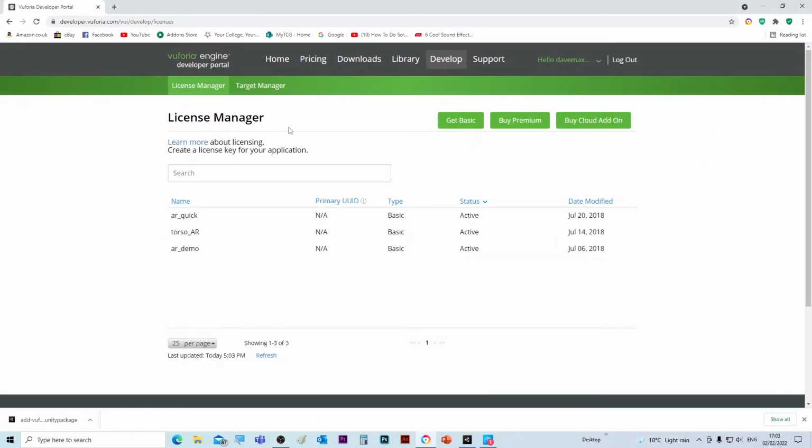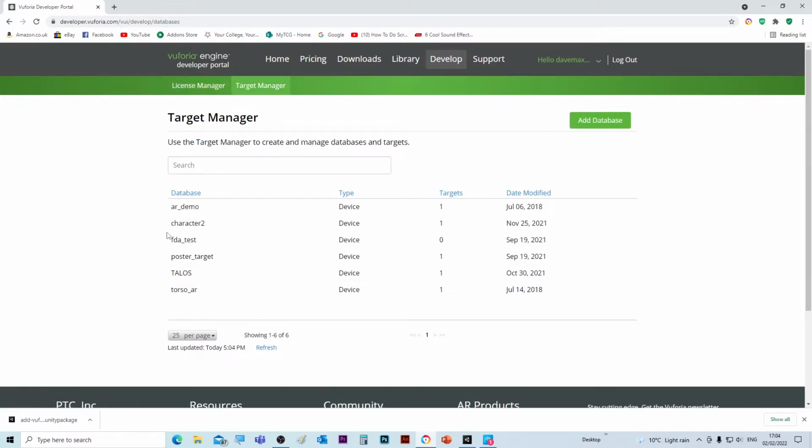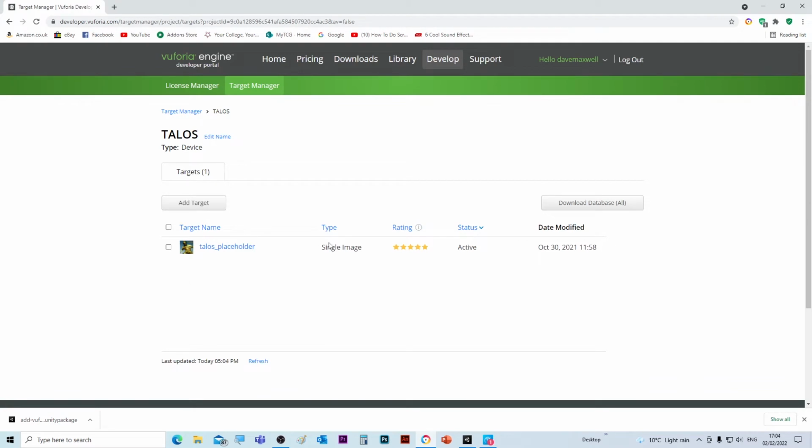Okay, so go to Develop on the menu bar, and you'll get to this area which is the license manager. Now you should have already set up a license. That's easy to do, and you do it by getting the basic license. You've also got your target managers, the actual images. So I've created one for Talos. If I click on it, you can actually see the image of Talos here,